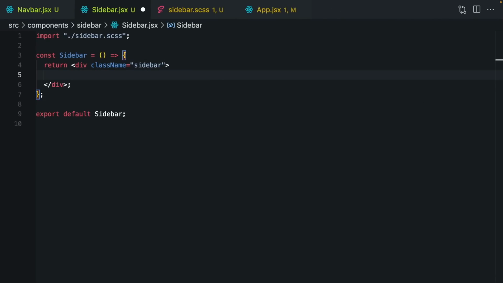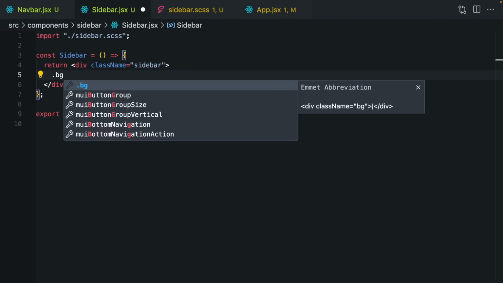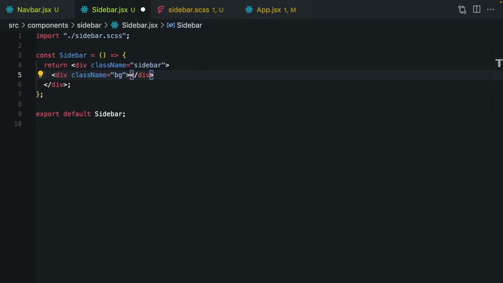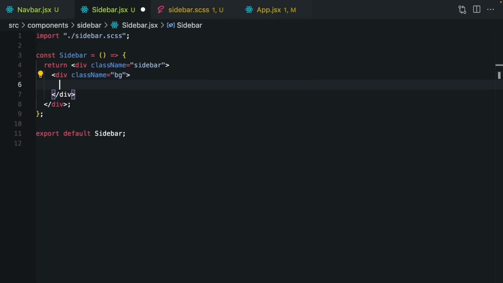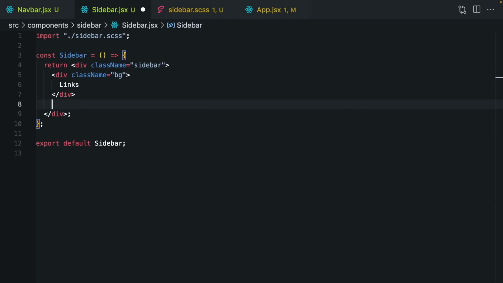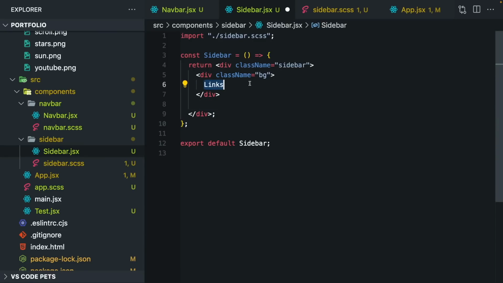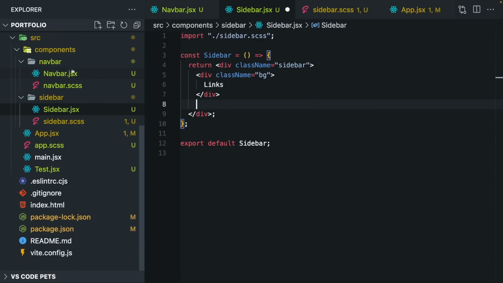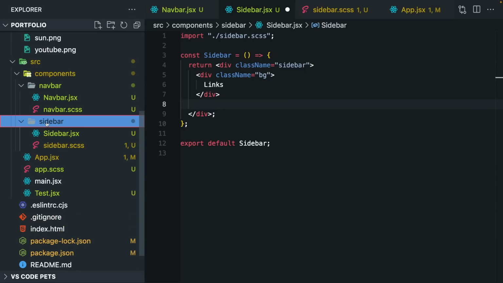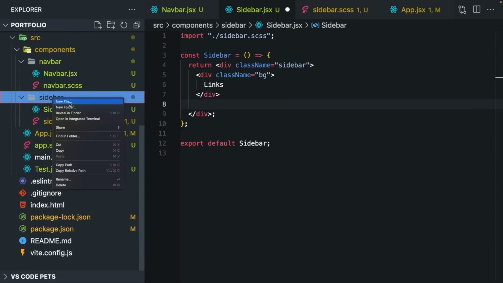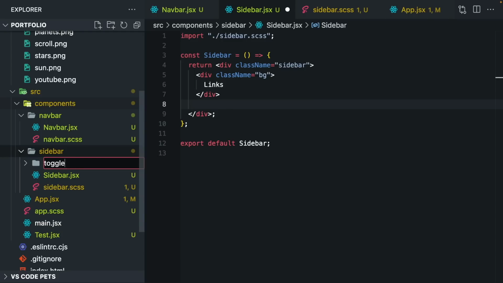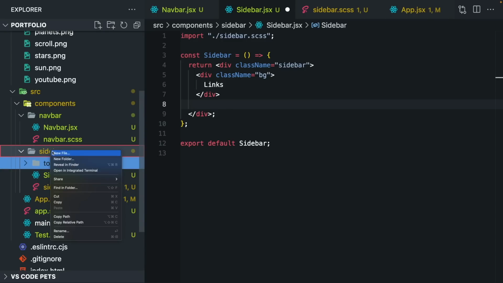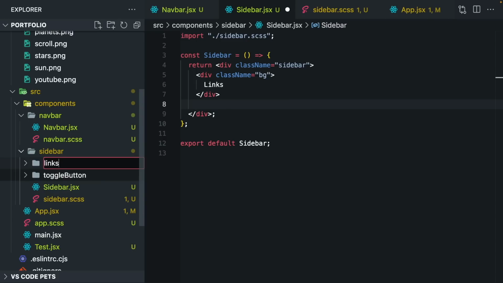Inside this sidebar, I'm going to create a new div, and it's going to be background. Basically, it's going to be our circle, and inside we are going to have our links. And after this, I'm gonna create a button. Actually, for those links and for this button, I can create new components, but I'm not gonna create them inside components because they belong to sidebar. So I will say toggle button, links,